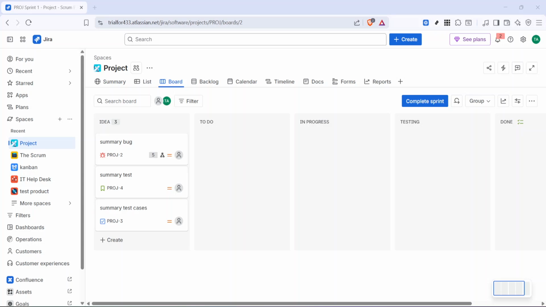In today's video, I'm going to teach you how to show epics on board in Jira. If you're working in Jira and you want better visibility into larger pieces of work, turning on the epic panel is a quick and useful adjustment. Epics help group related issues together, so having them visible on your board or backlog can make planning and tracking